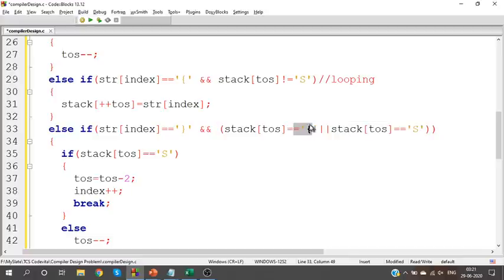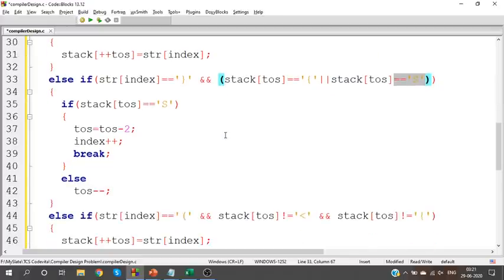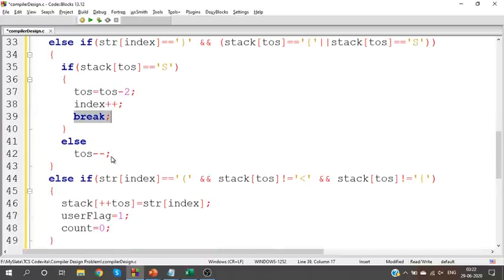For a looping bracket I'll have open bracket, for a starting bracket I'll have yes. So if I have yes, I'll remove both the characters yes and the following open bracket, both will be removed, move to null character and stop the process. Otherwise just remove that open bracket alone, top of stack minus minus, and continue.